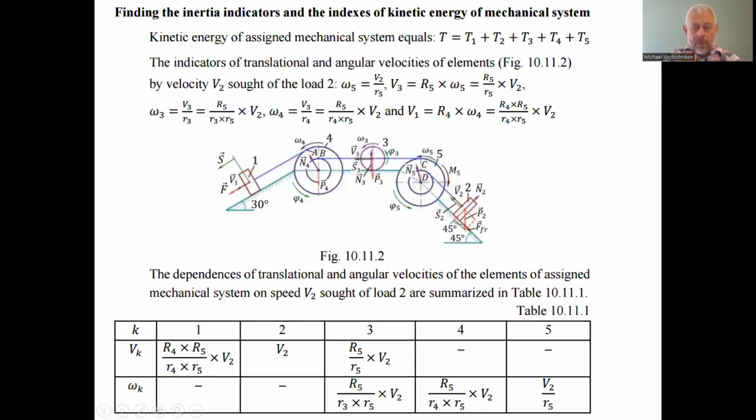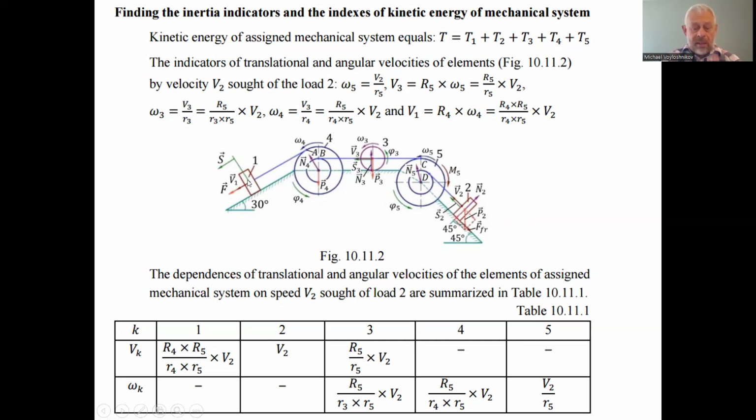Okay, so what to do first? Actually, we have to find the kinetic energy of the mechanical system, which in the more general approach consists of the kinetic energy of all 5 elements. Kinetic energy depends on the elements of the motion of the mechanical system. And to find the motion, the first idea is to redefine the elements of the motion of all elements of